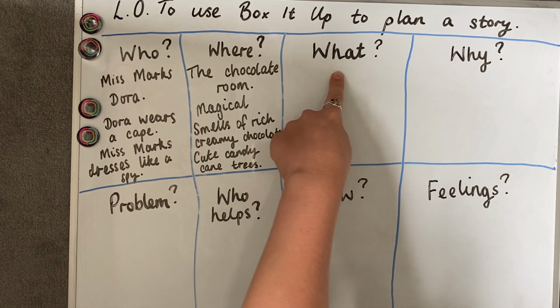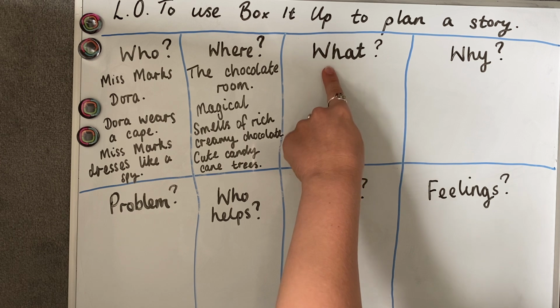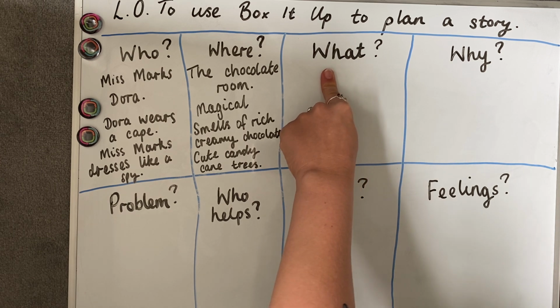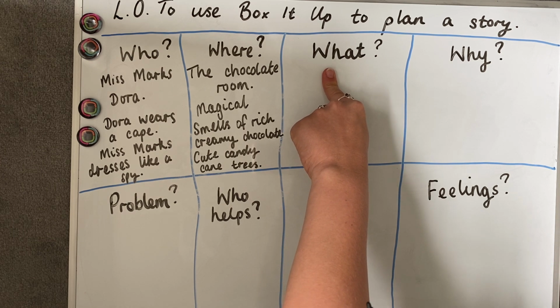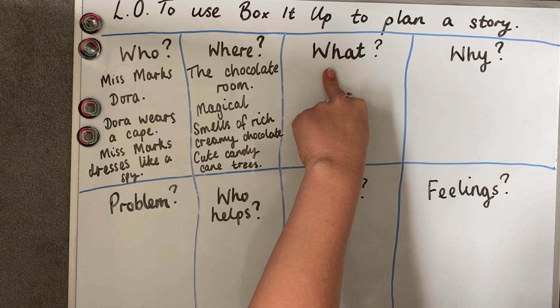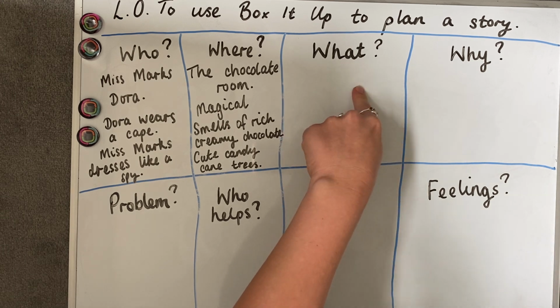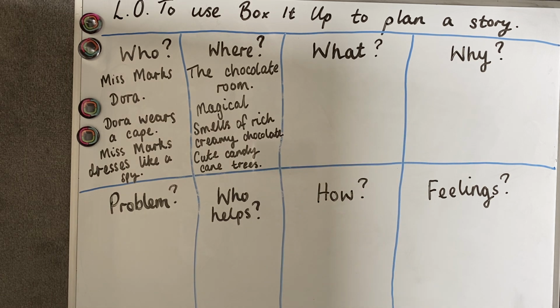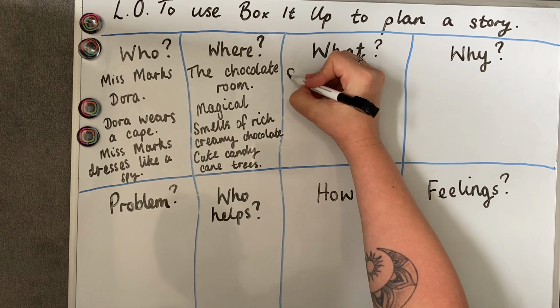Now, this next one is what. So what or where are they going next? What are your characters trying to do in your story? What are they trying to get to? What are they trying to achieve? So think of this as your character's goal. And I'm going to say that Miss Marks and Dora are trying to stop